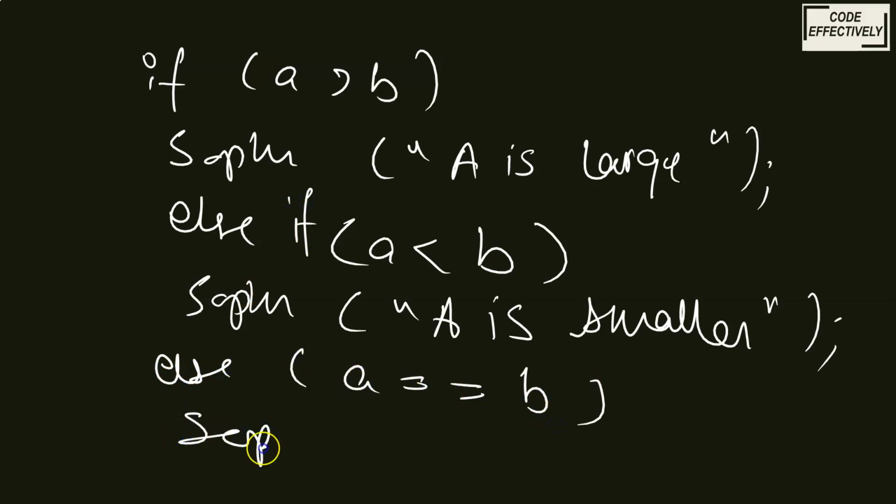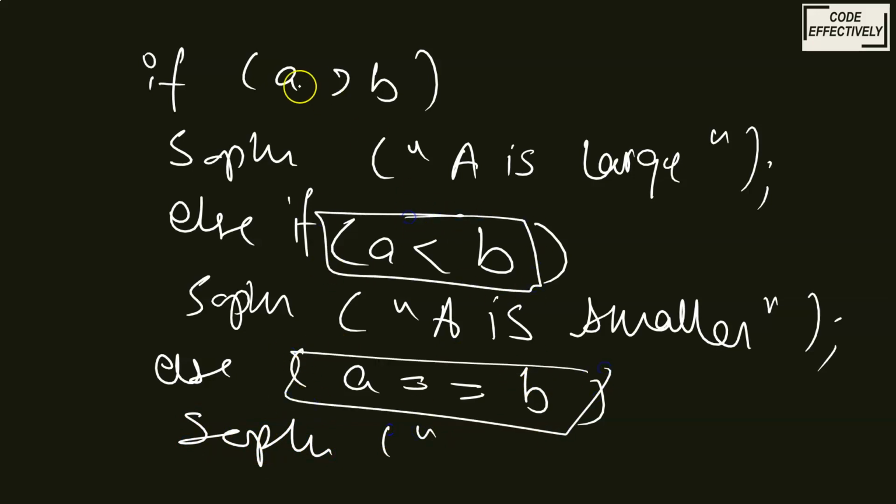Both A is equal to B, we can print it. So these are the relational operators that I'm using in my programming. You can see how we use them in the program. These are basic; you will come to know more when you do more programming. So after relational operators, we will do logical operators.